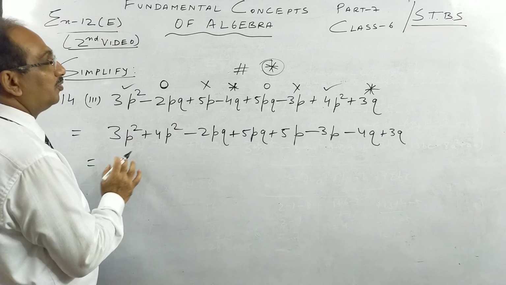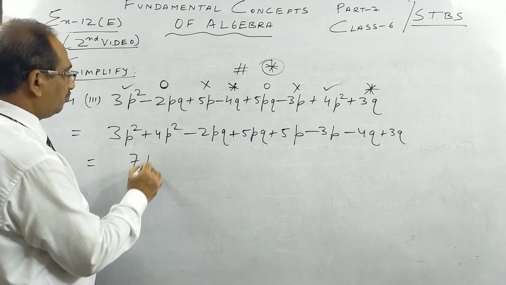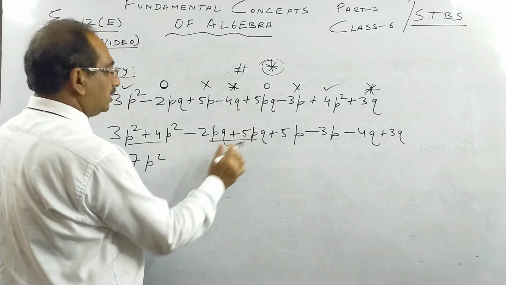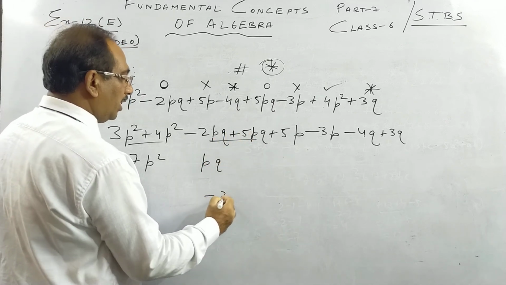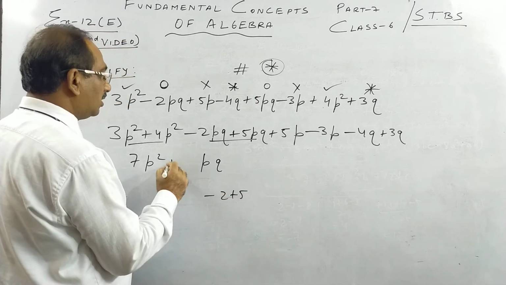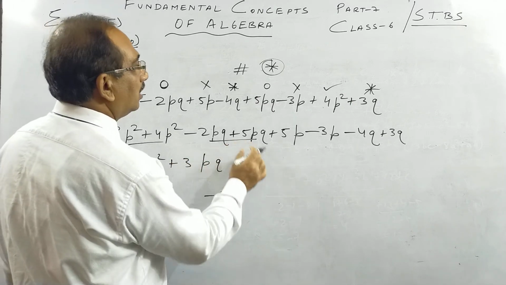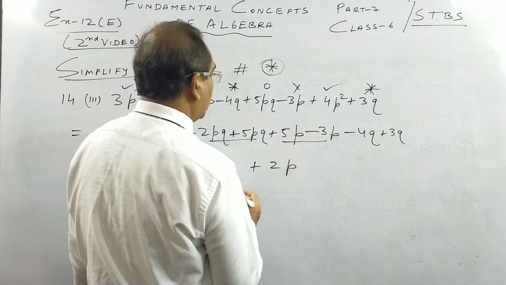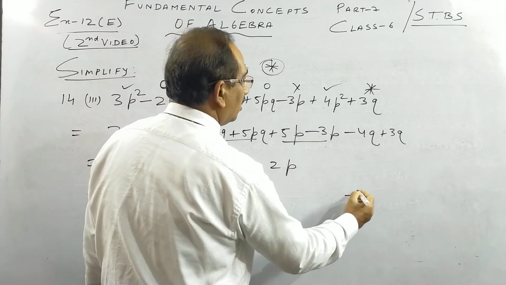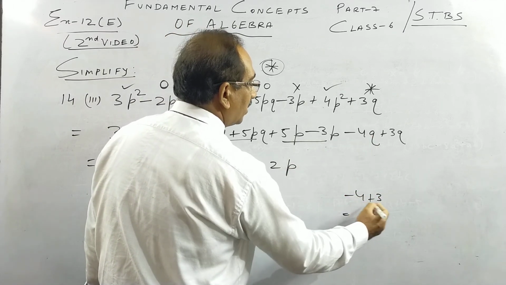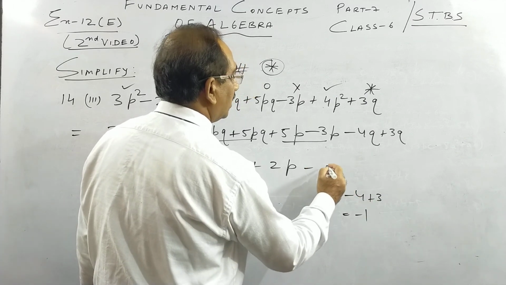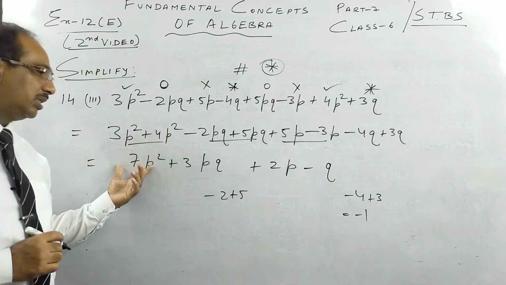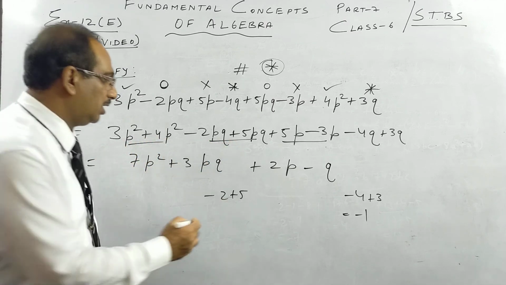Now 3 plus 4 is 7p square minus 2 plus 5. Don't see the like term, this will be pq. So minus 2 plus 5 is 5 minus 2 is 3. Okay, this is done. 5p minus 3p, this is 2p. These two are like terms, and the last one, minus is bigger. Minus 4 plus 3, subtract the smaller from the larger and put the sign of the larger, and 1 cube we don't write. So finally check. 3 plus 4 is 7, 5 minus 2 is 3.